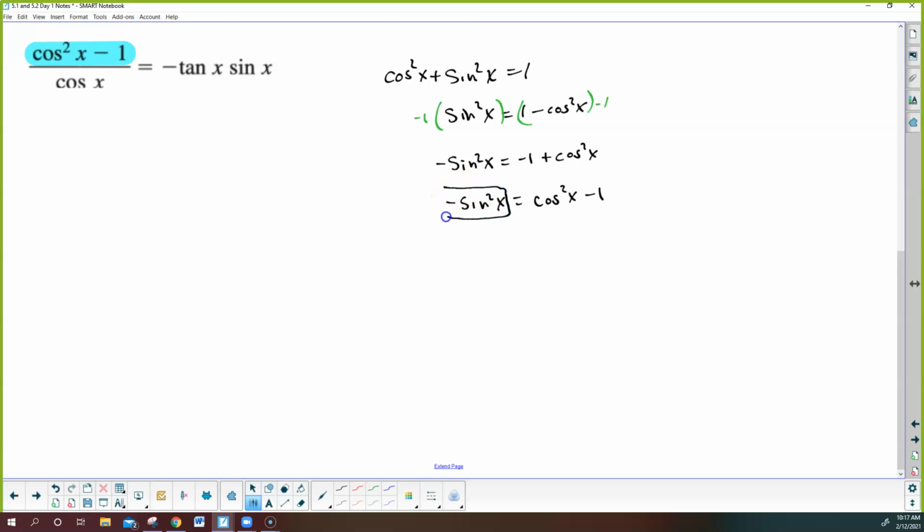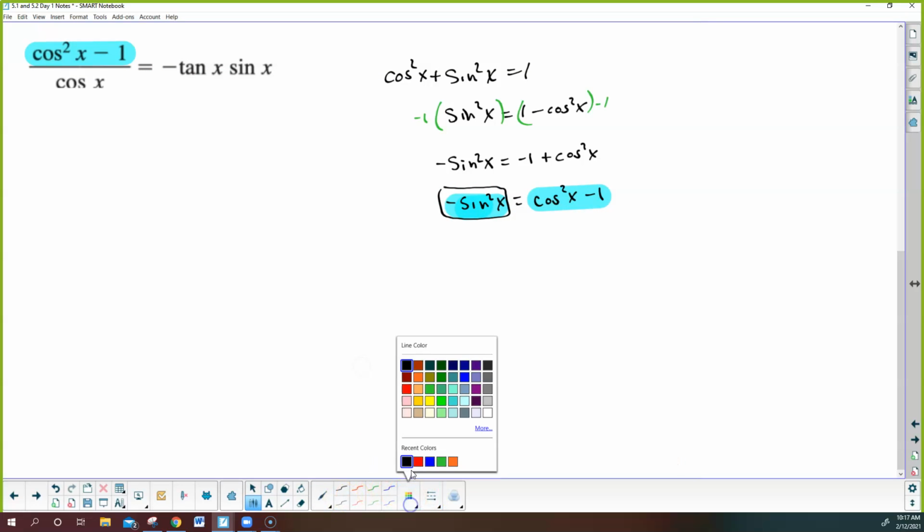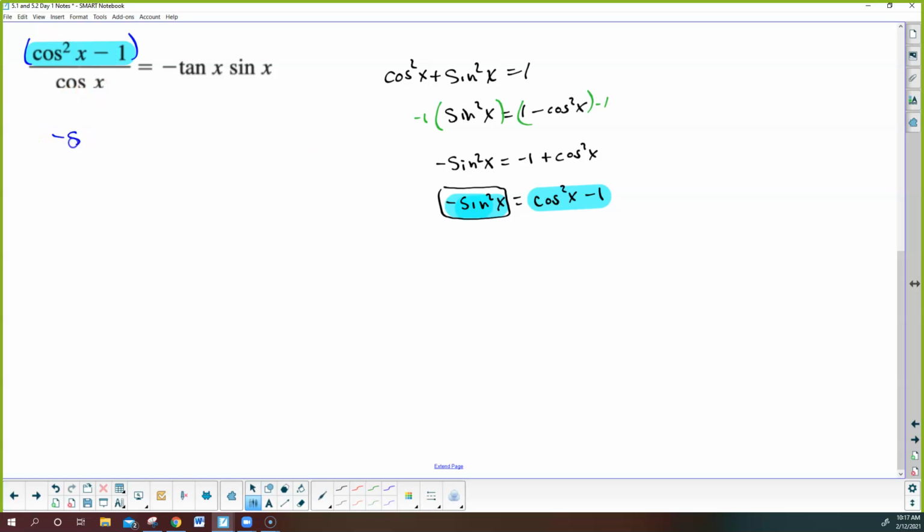But what did I just show? I had just algebraically manipulated the one fact that we knew, and I made it turn into cosine squared minus 1 can be rewritten as negative sine squared. So I'm going to rewrite this part as negative sine squared of x